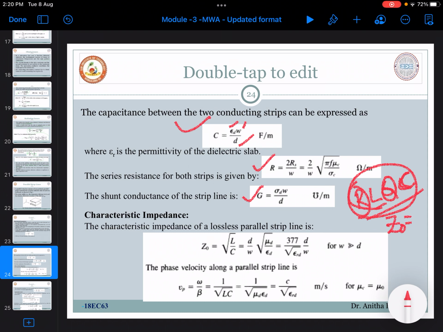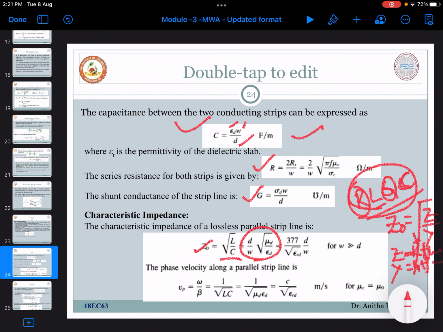Majorly, we have considered this to evaluate the characteristic impedance. The general formula for a characteristic impedance is square root of Z by Y, where Z indicates series impedance and Y indicates shunt admittance. Z is R plus J omega L, Y is G plus J omega C. When it is lossless, R and G will become 0, Z0 will become purely constant, which is root L by C. Now substitute the value of L and the value of C in this equation, which results in this, where